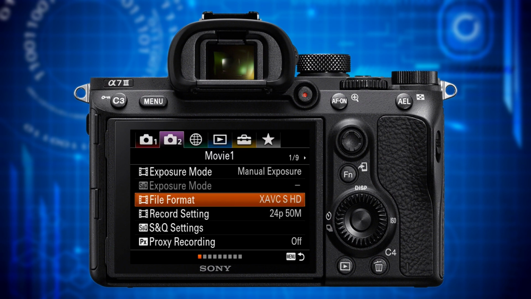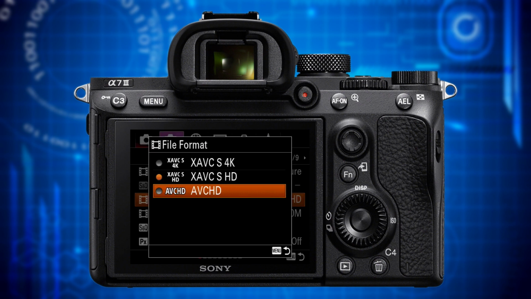The third item is file format. This one lets you select which of the 3 movie formats, AVC HD, XAVC S HD or 4K to use. Each choice of movie format comes with an array of choices for frame rate and bitrate, which are different for NTSC or PAL. Thus, it's difficult to give you a recommendation for this one, but generally speaking, you should go